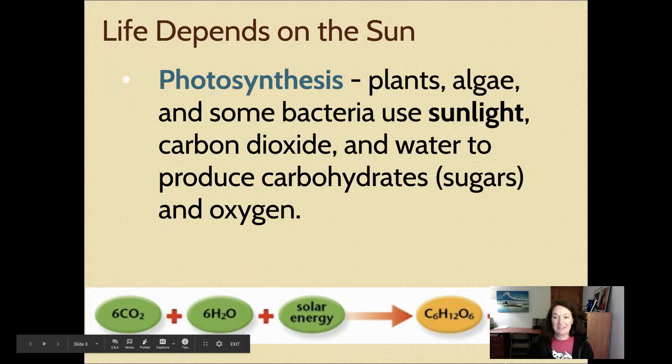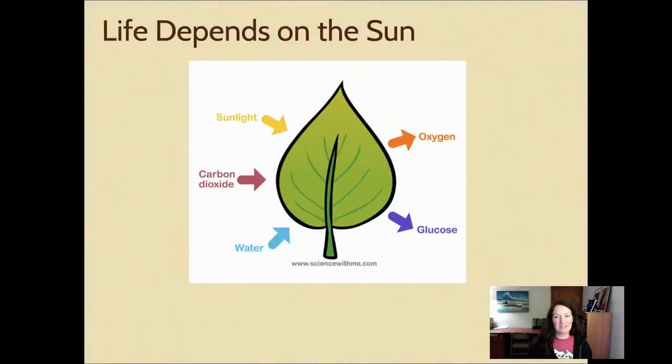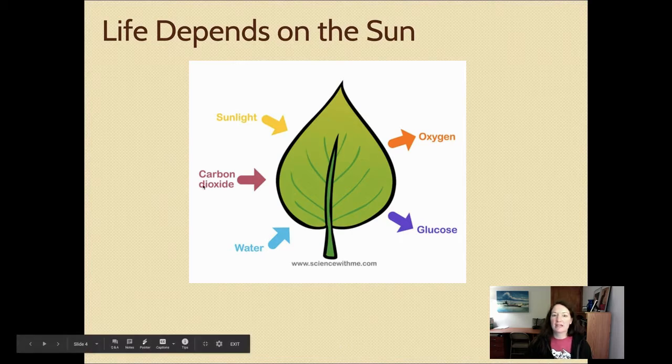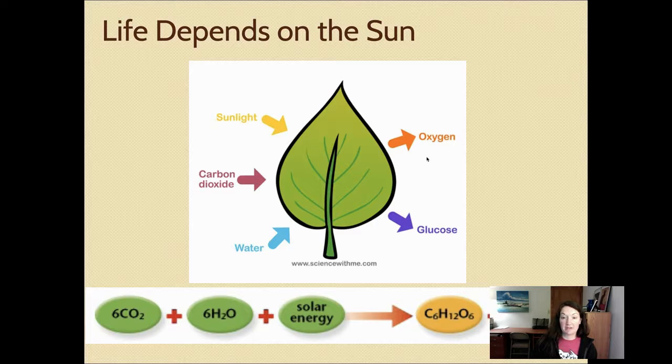And it's interesting to think, but most of the sugar that is created comes from the carbon dioxide. You need that carbon. So it's coming from the air. Solid sugar or the materials that make up our cells, they come from the air. Most of the mass of plants comes from gas. It's pretty cool. All right, so this picture is just showing those things going in: sunlight, carbon dioxide, and water. And then the plants inside their cells are changing it into glucose or sugar and oxygen. So once again, there it is, the equation that you wrote down on your notes handout.